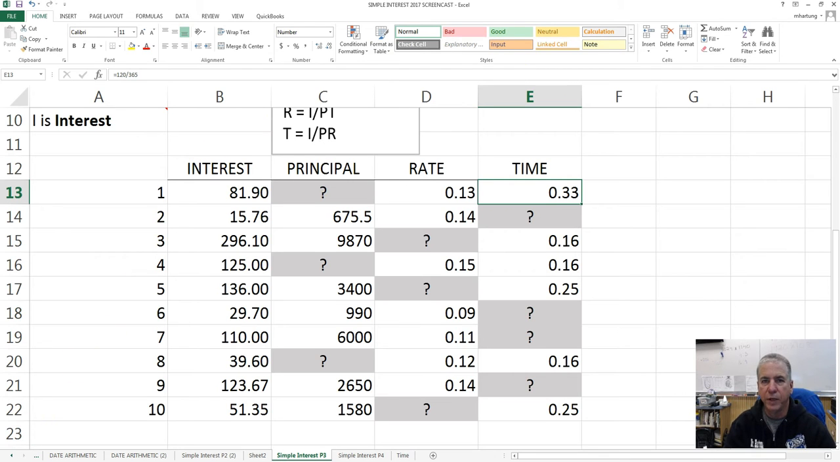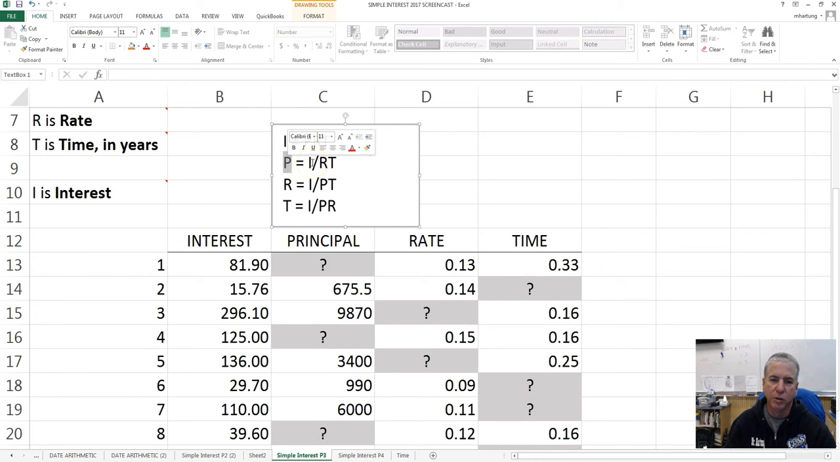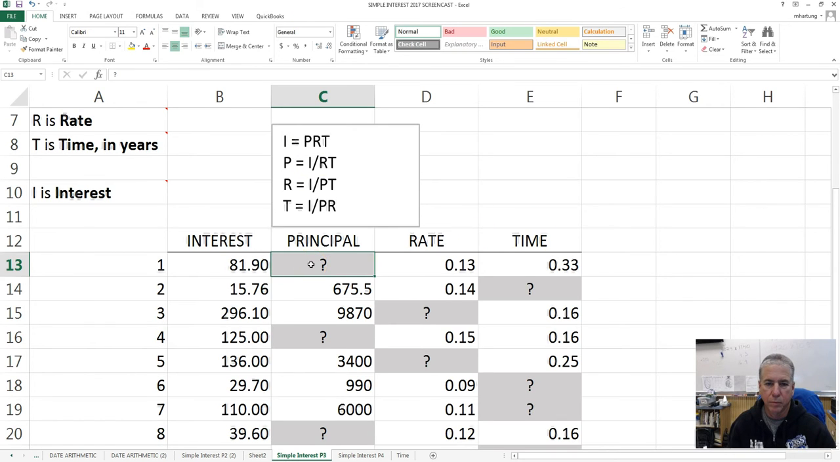Well, let's start with finding the principal when the other 3 values are known. So the first thing to do is take a look at our formula that we've rearranged so that we could solve for P. So P is going to be interest divided by R times T. Equal sign. So interest in the numerator divided by,